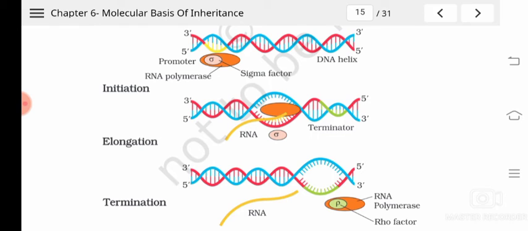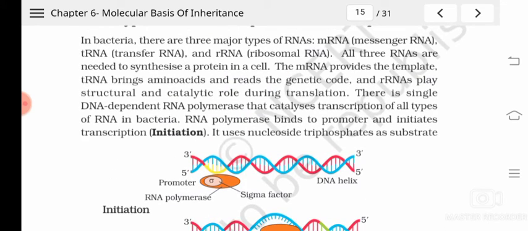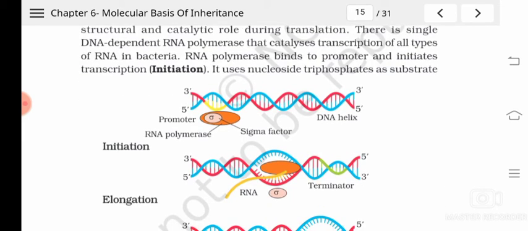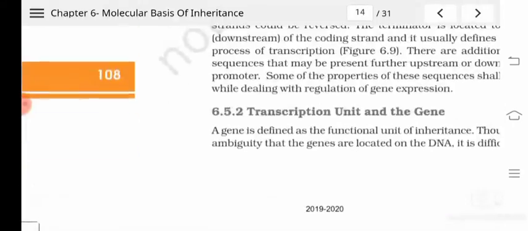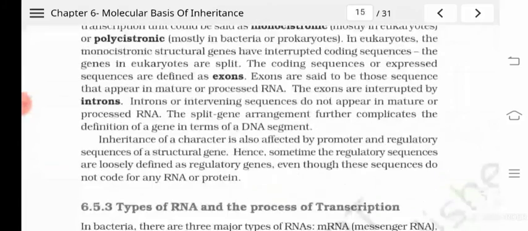Okay, so this transcription takes place by 3 steps. What are they? Initiation, elongation, and termination. Okay, so in your textbook the information is mixed here and there. Okay, so if the transcription process is asked, you will have to explain how that takes place. What is transcription? You have to give the definition of transcription, then you have to say only one strand is transcribed, okay, and then you have to say the transcription takes place in a transcription unit, and that will have a promoter region, a structural region, and a terminator region.